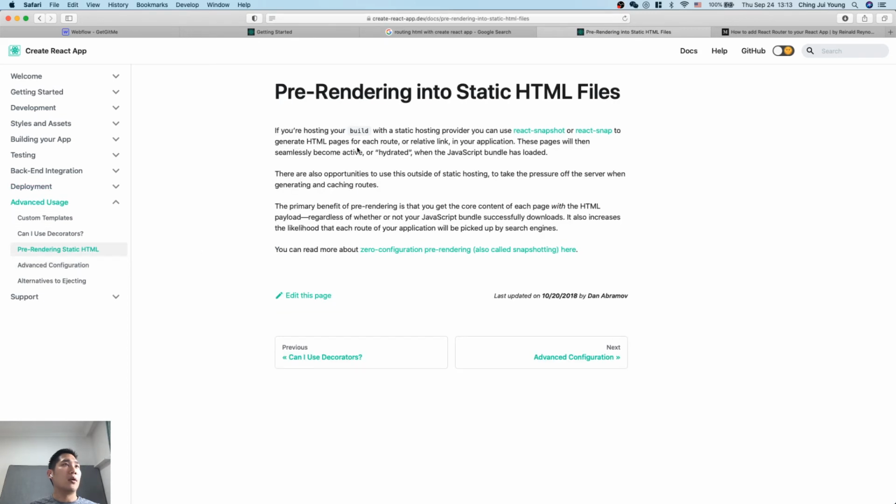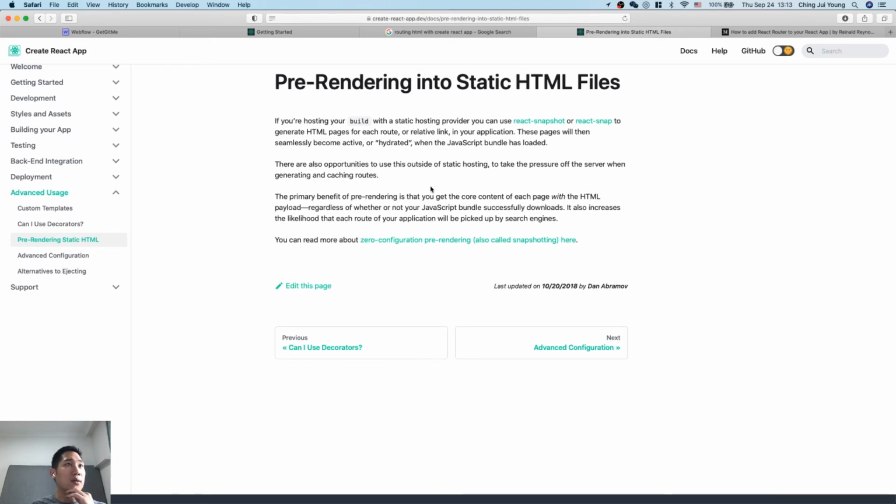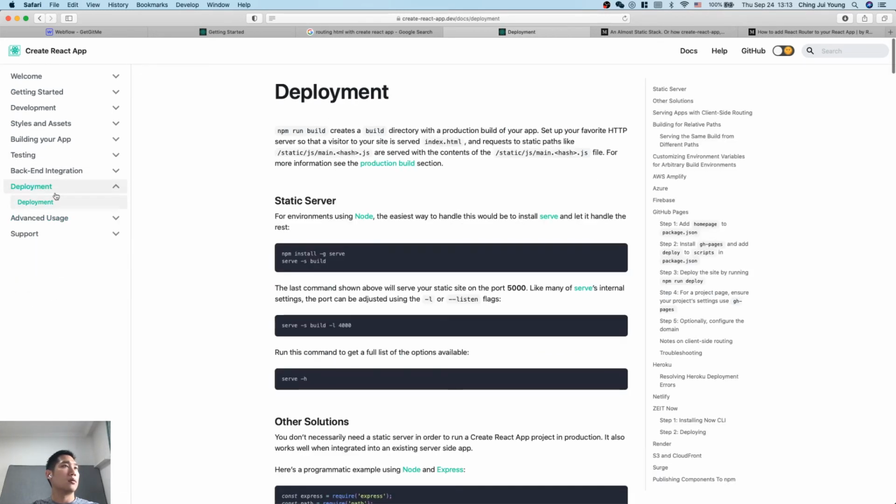Pre-rendering static HTML. If you're hosting your build with a static hosting provider, information for each route or relevant page will then become active. Okay. Pre-rendering is to get the core content with the HTML payload. I'll put a snapshot in here. This is what I want. Deployment. Production deployment. Set up your favorite HTTP server so that your site is served index and because of static paths like